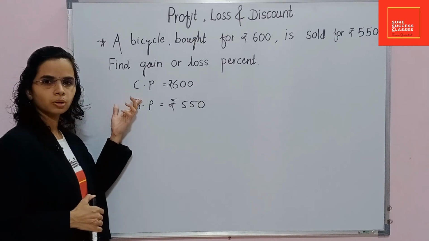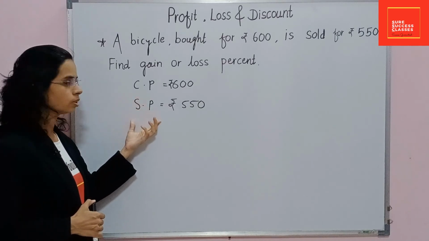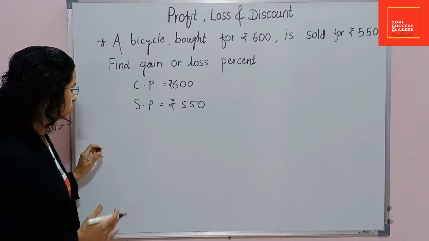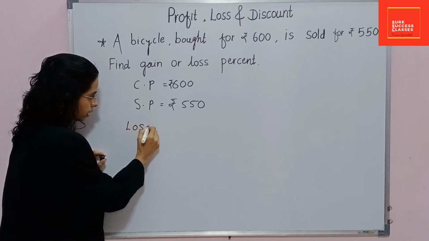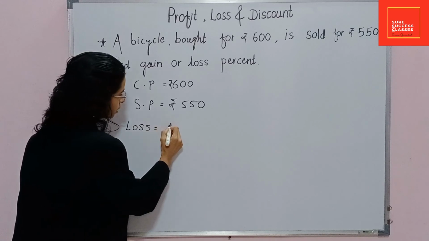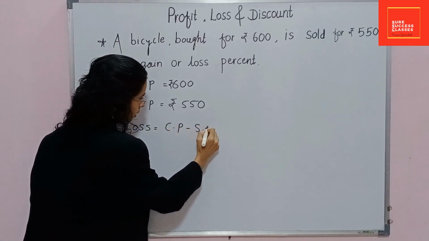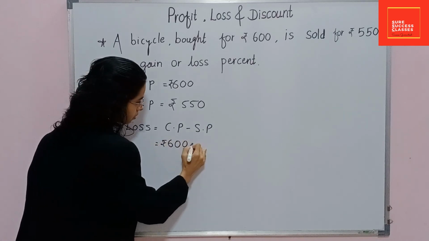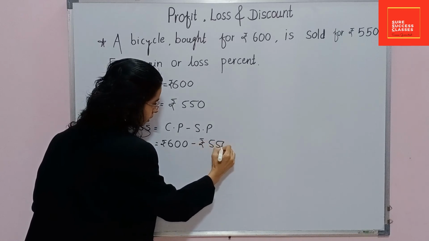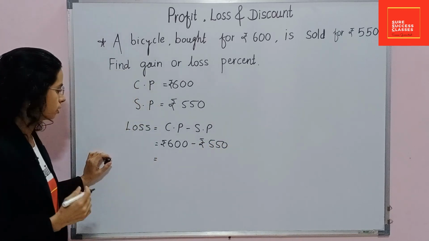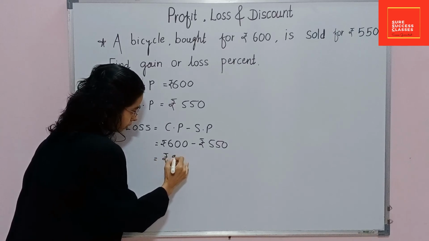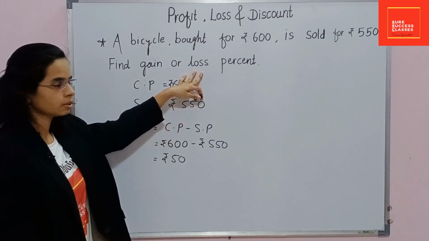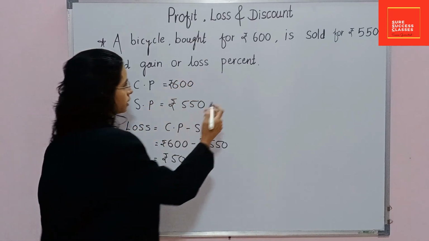Here the bicycle is bought at a higher rate and it is sold at a lower rate. So naturally here we are having loss, and we will find out this loss by this formula, CP minus SP. 600 minus 550. So we are having a loss of rupees 50. This is loss and we have to find out this loss in terms of percentage. So let's find out,